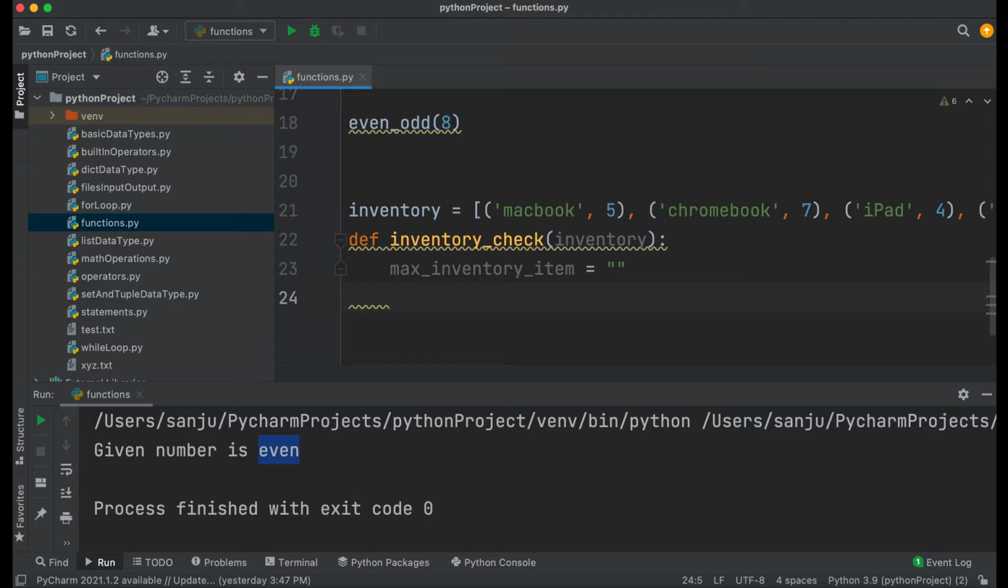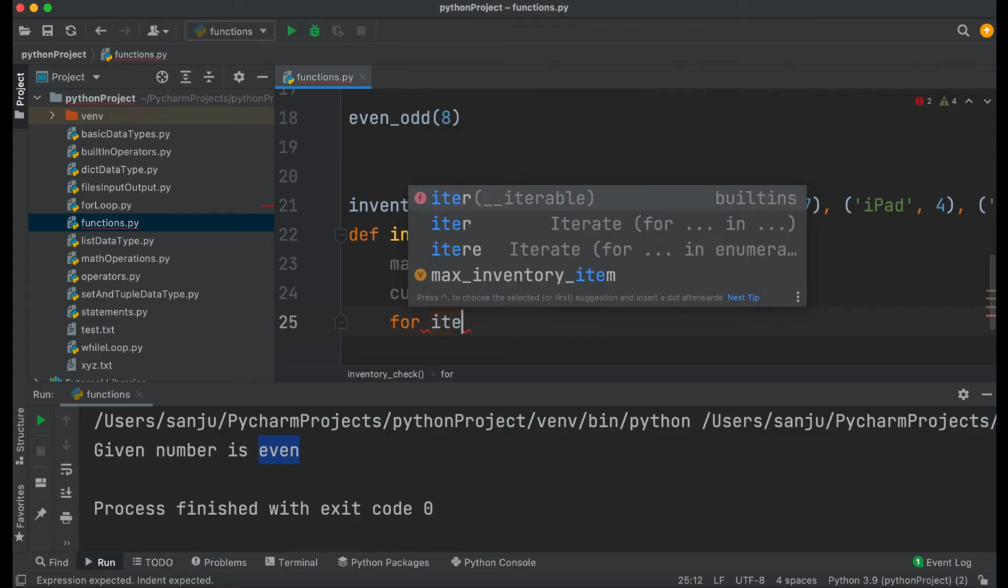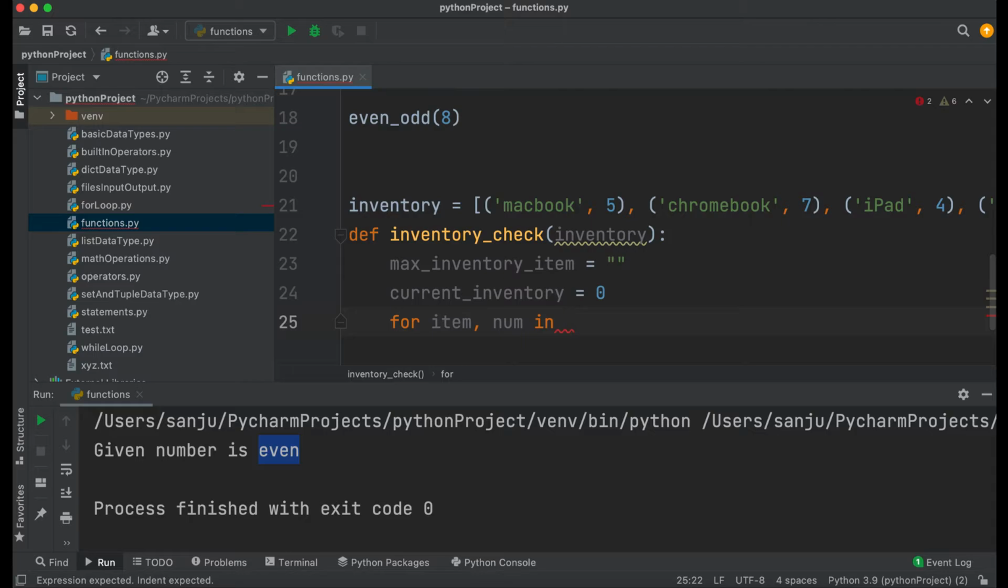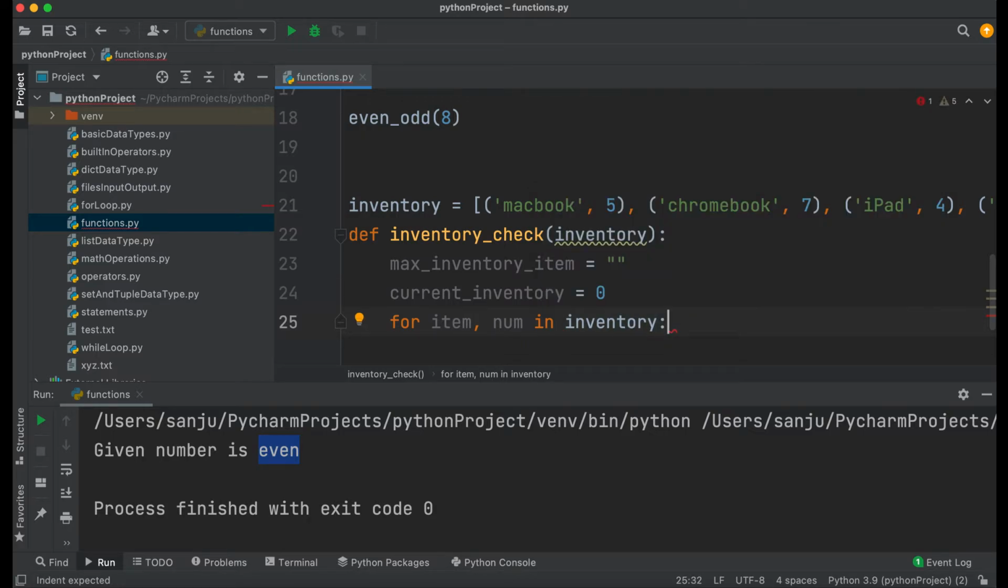And then let's initialize a current inventory variable. We can say we have 0. Okay, so now we're gonna run the loop, for item, num in your inventory, right? So what we are doing here, we are going through each item, basically looping through all the items in the list, and our list is inventory. So first item is MacBook, comma 5, and item will represent MacBook, num will be 5,